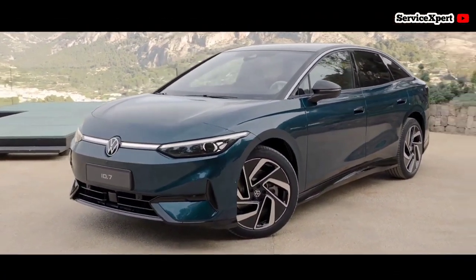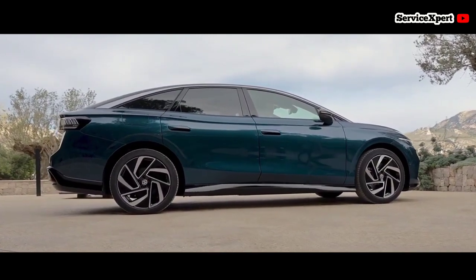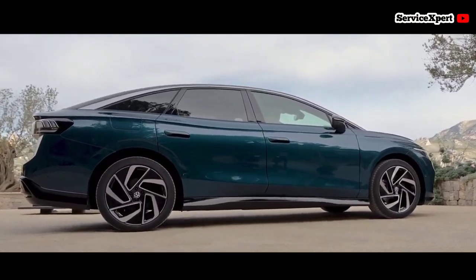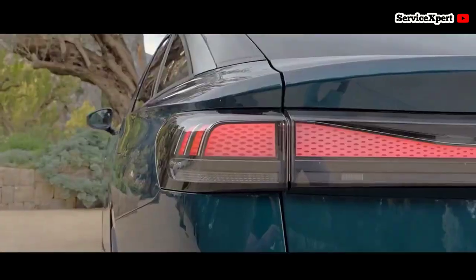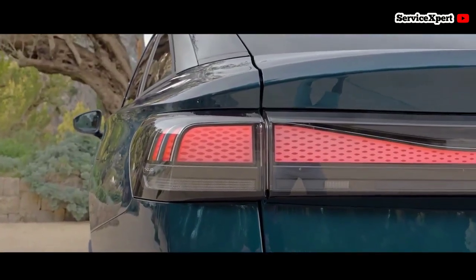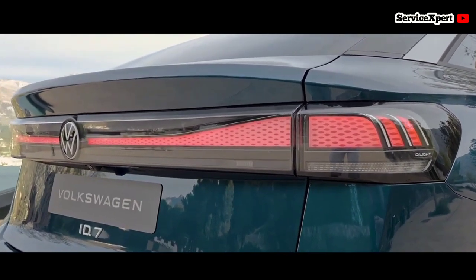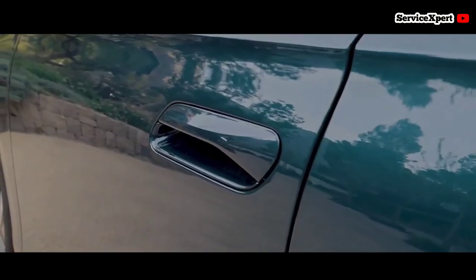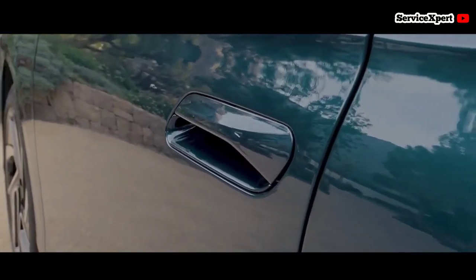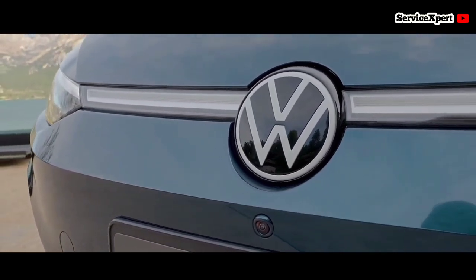Now Volkswagen has officially taken the camouflage off the ID.7 sedan, which will go on sale in Europe and China later this year and in America in 2024. Built on the ubiquitous MEB chassis, the ID.7 is the company's first global electric sedan for the upper midsize class. It has a projected range of 700 kilometers, WLTP, or 435 miles, as well as a spacious interior and premium